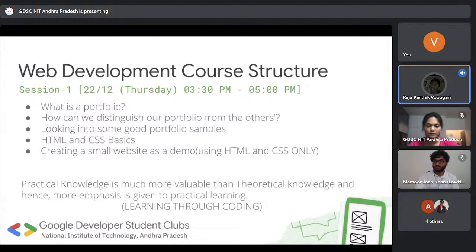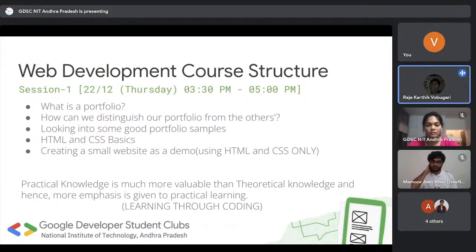In the first day, my goal would be to let you know what you mean by a portfolio, and what points make your portfolio distinguish from others. You want your own portfolio to stand out among all the other applicants if you have applied for some particular job or some particular role somewhere. You want your portfolio to stand out so that they select you. All those points will be covered in the first session, and after that we'll be going into the HTML